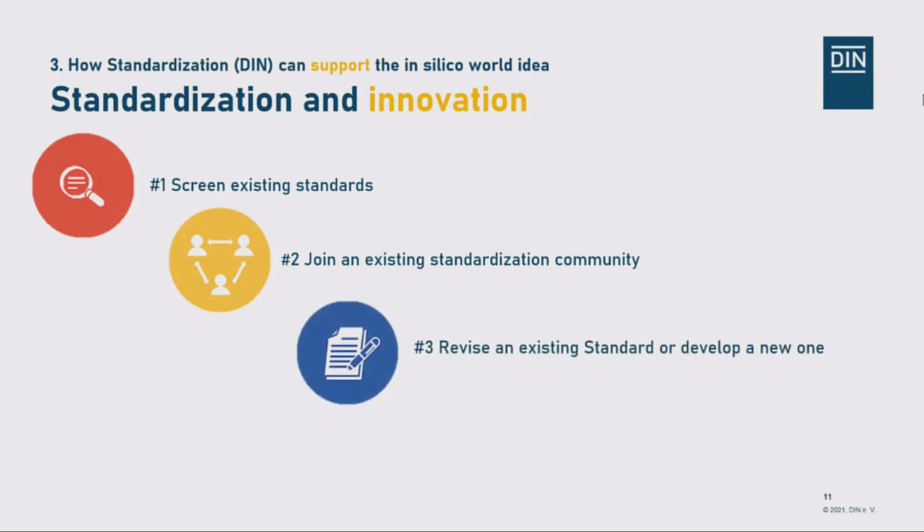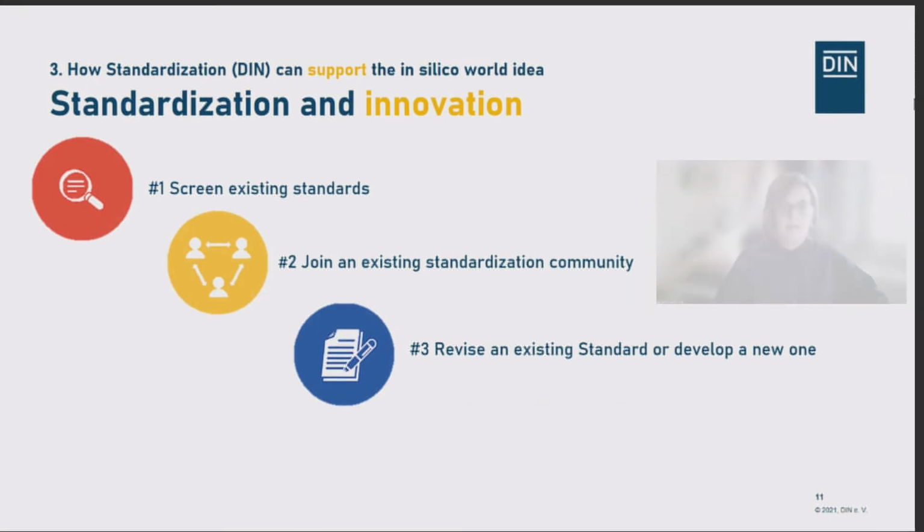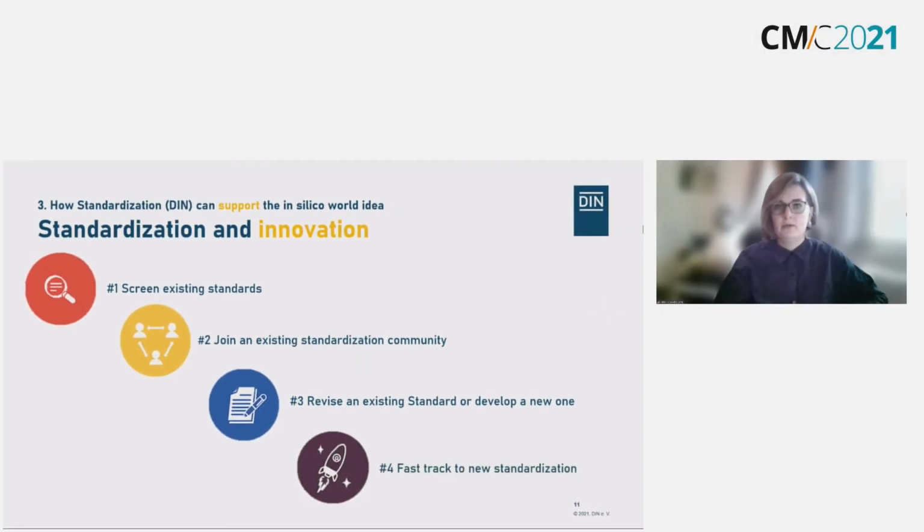Third option, and now it's getting into the real work on the standards, is, for example, the revision of existing standards or also the development of new ones. Through the first steps, it may be possible that a need or a gap is identified to revise an existing standard or develop a new one. This will be done following the processes set by the standardization organizations, and of course with help from the according standardization body. And last, but definitely not least, would be a fast track to new